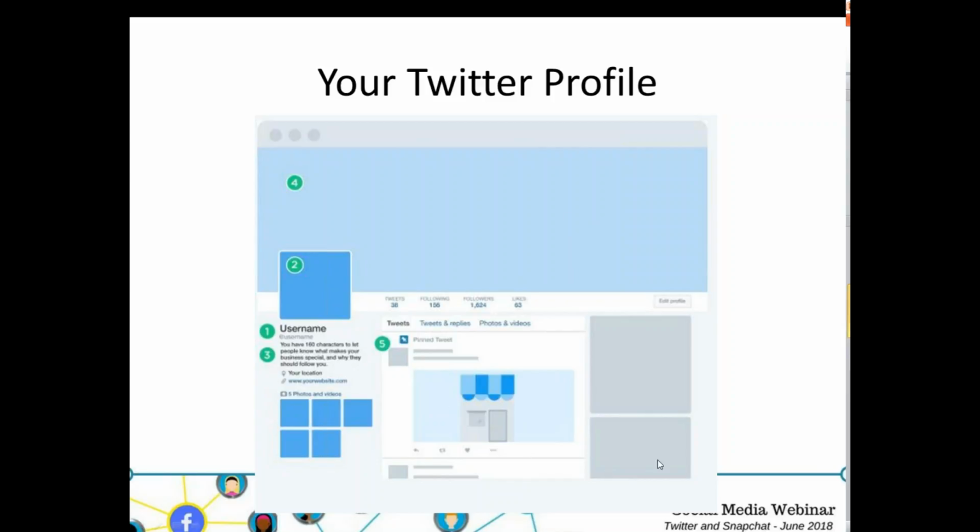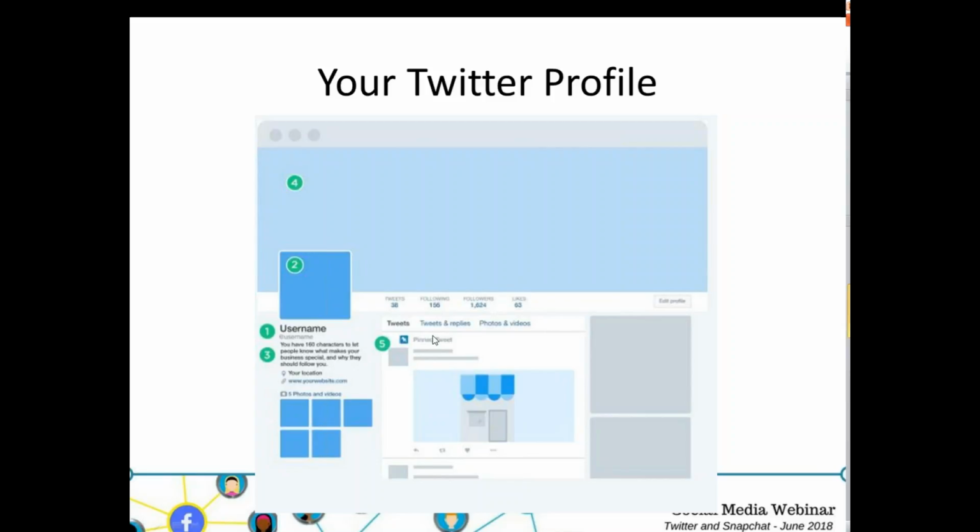And then, on your profile, this is where you're going to see in the middle the bulk of your tweets and replies. And then this is now media right here. So that's photos and videos. You can also get a sense of how many tweets you've had, how many people you're following, how many people follow you back, how many likes you've given, that sort of thing. There's also